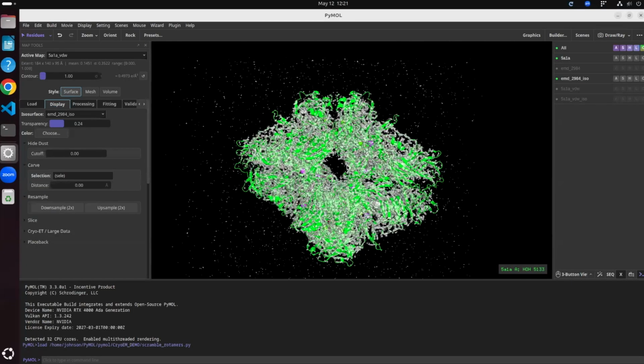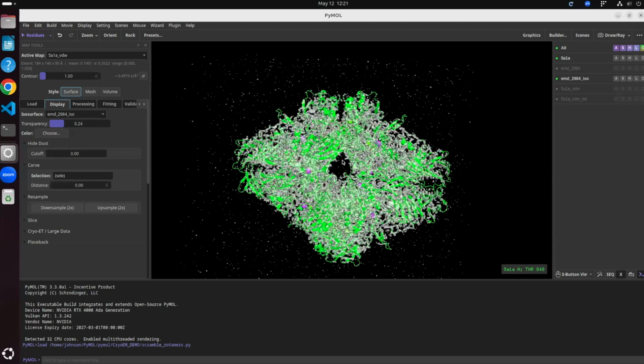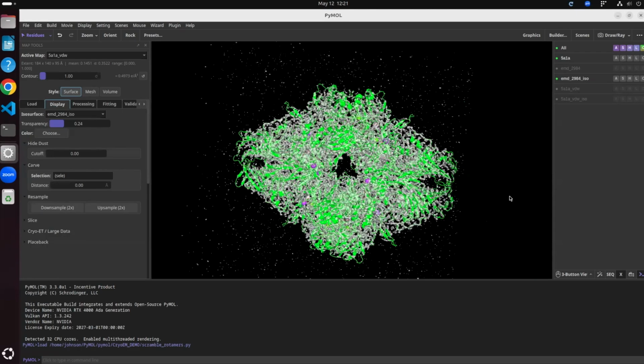I think one of the more common ways is to create a mask around the model itself, take the experimental map and mask it with the map that was generated by the molecule, and you'll generate a masked version of this surface, and that will get rid of all of the other noise and dust that is outside of the model, outside of a certain angstrom